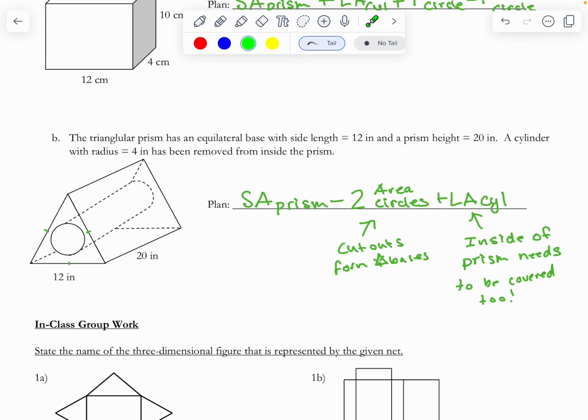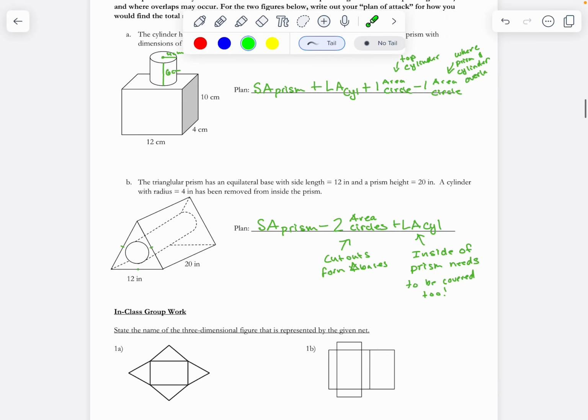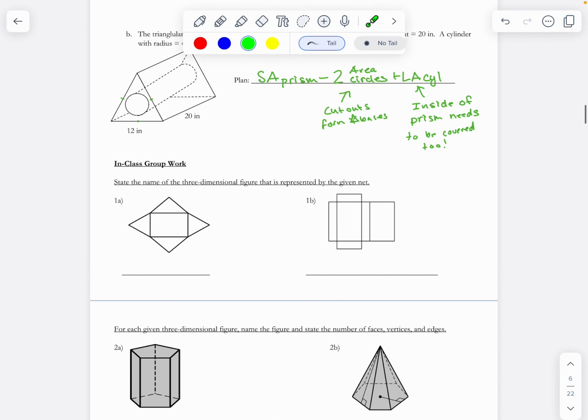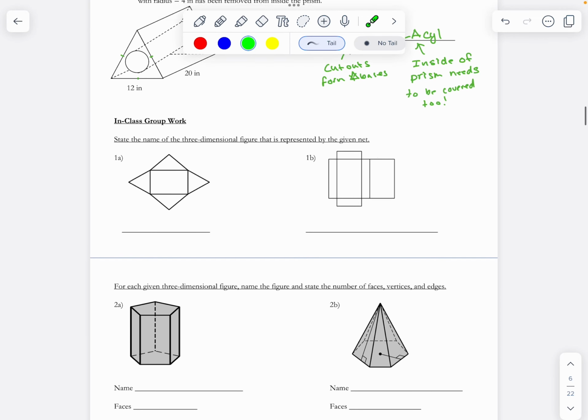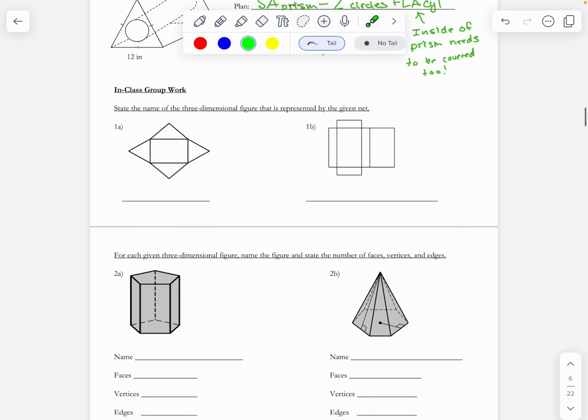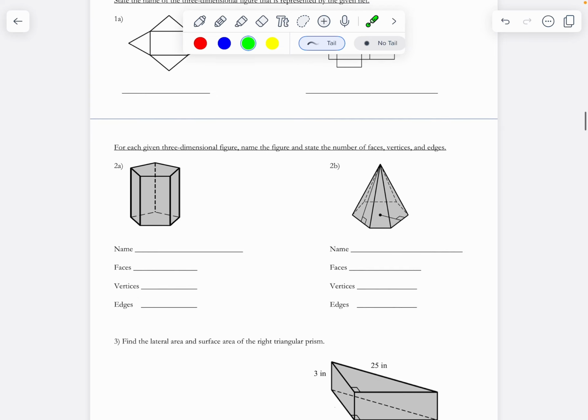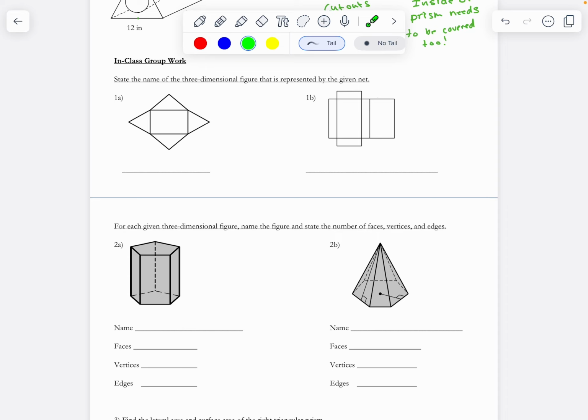Great. Okay. So again, you guys should know how to do this. We learned it yesterday, right? How to do all of this. Now it's up to you guys. In your groups, please go ahead and work together to try to find whatever it's asking. So in this case, just to answer what type of three-dimensional figure this would be. I'll give you guys a hint since this one can be really hard. This would be a rectangular